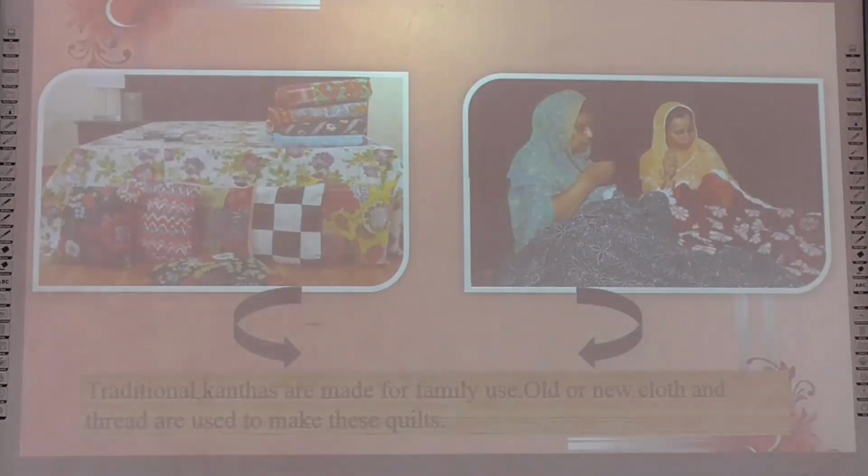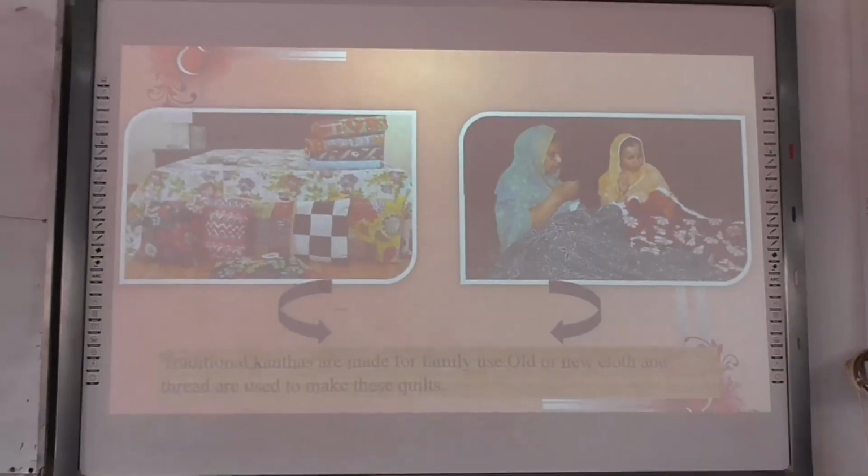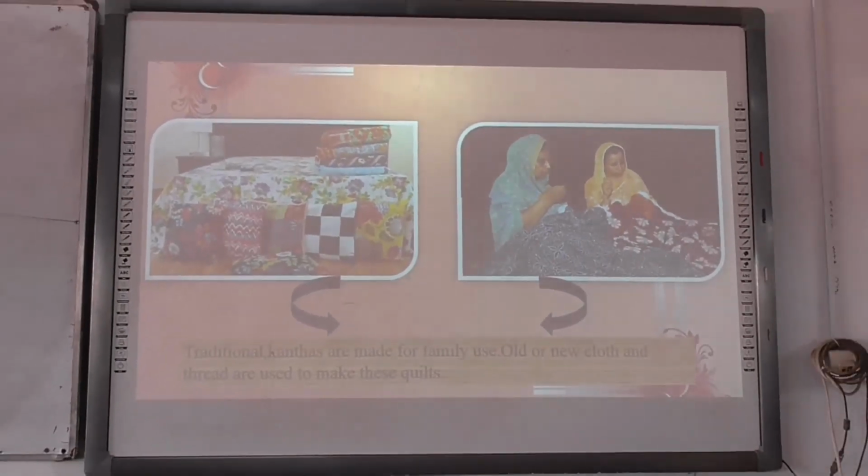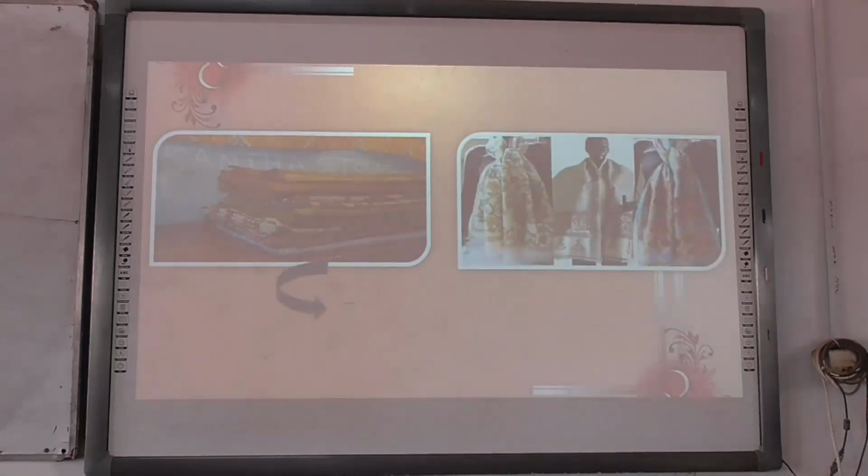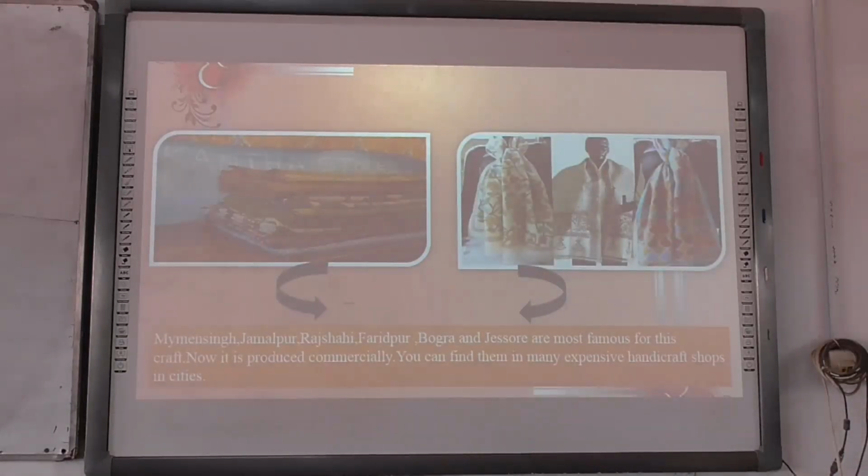Traditional kathas are made for family use. ঐতিহ্যগতভাবে এই ধরনের কাঁথাগুলো তৈরি করা হতো শুধুমাত্র পারিবারিকভাবে ব্যবহারের জন্য। Old or new cloth and thread are used to make these quilts. বিভিন্ন ধরনের পুরাতন এবং নতুন কাপড় এবং রঙিন সুতা এই ধরনের কাঁথা তৈরির কাজে ব্যবহার করা হয়। ময়মনসিংহ, জামালপুর, রাজশাহী, ফরিদপুর, বগুড়া and যশোর are most famous for this craft. ময়মনসিংহ, জামালপুর, রাজশাহী, ফরিদপুর, বগুড়া এবং যশোর জেলা এই শিল্পের জন্য বিখ্যাত।